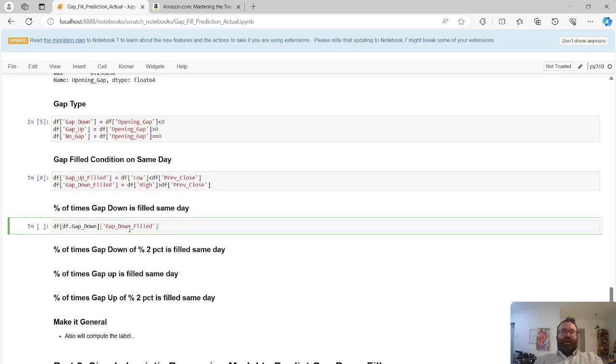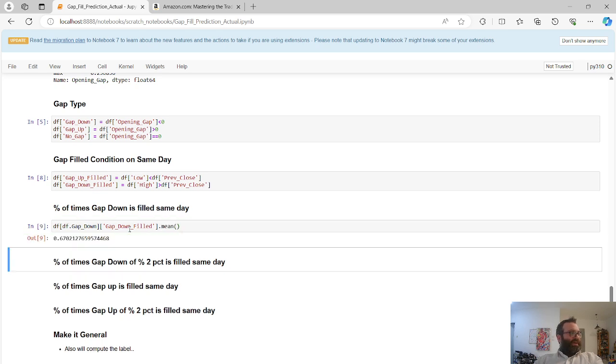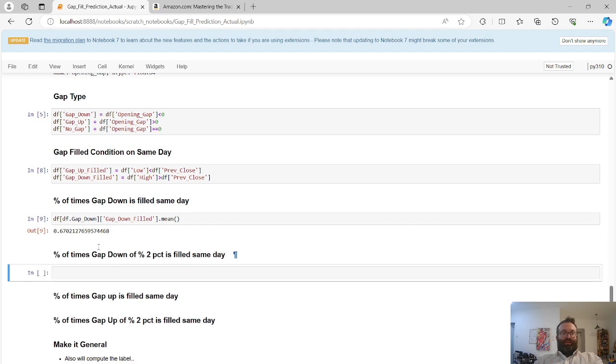Filled. And then let's do just dot mean. So 67% of the times the gap down is filled the same day. That's a pretty good odd. And then the gap up similarly would be, and this is why it's annoying when a stock gaps up, it always goes down the next day. So the percentage of the time the